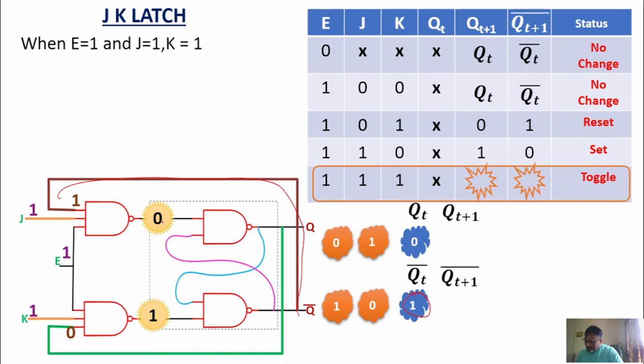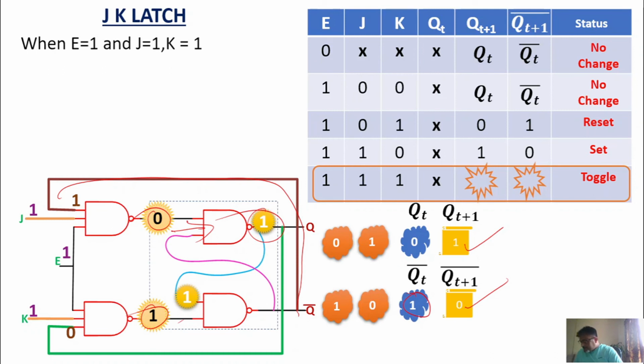1 1 1 1 1 1 NAND operation is 0 and 1 1 0 NAND operation is 1, and you know that here one of the input is 0, so irrespective of what the other input is, what we will get is 1, that is your Qt+1 here, and that is propagated to this, okay, and what you get for Qt+1 bar, 1 and 1 NAND gate, is 0. So you get 1 and 0.